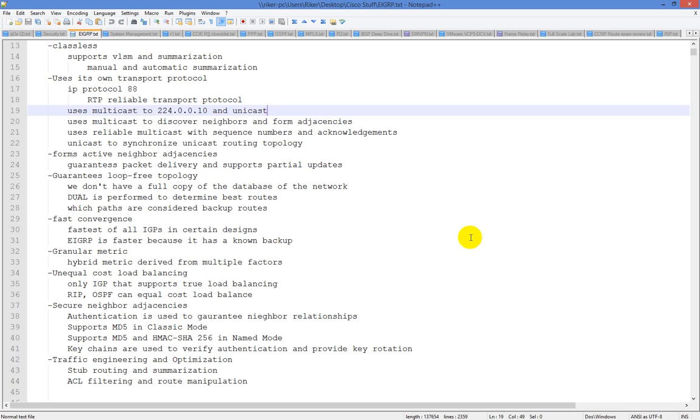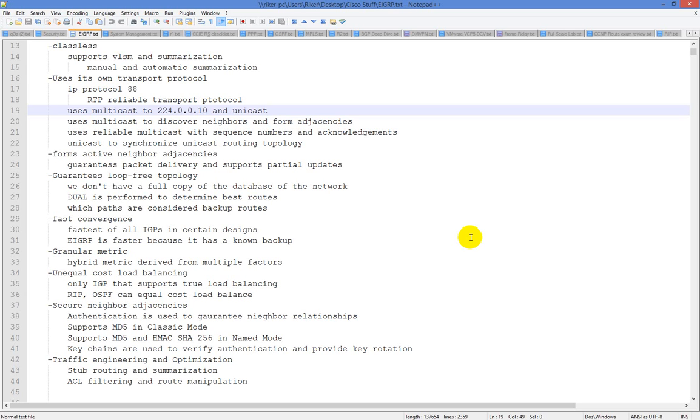And then we have ACL filtering and route manipulation. You can go in there and create a prefix list to filter out a particular subnet in a distribute list. You can do route manipulation through redistribution and using tags. So there are several different features and capabilities out there for you to use. How you go about doing that is up to you, but that is pretty much the extent of how all this stuff works. We're going to get into all of these concepts as we go along, and we'll be running